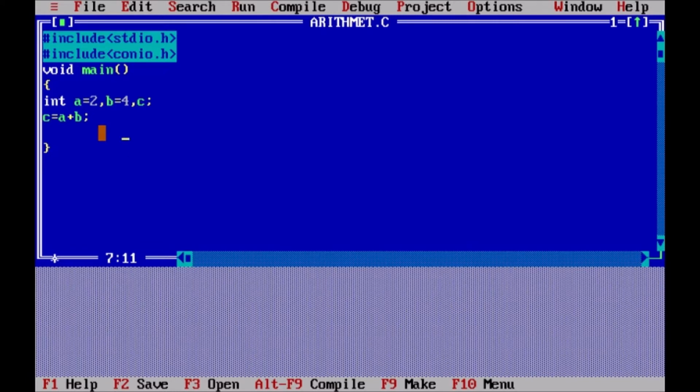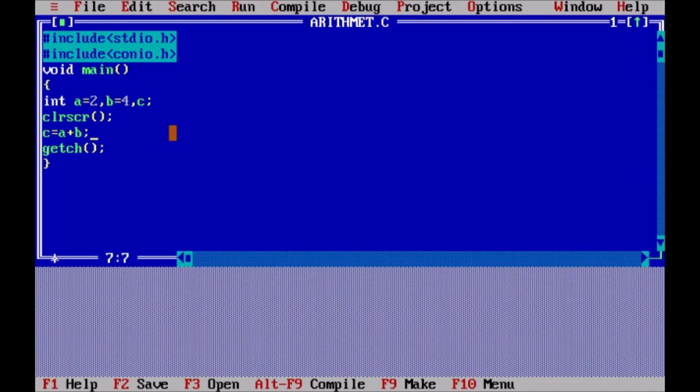Okay, now let us try to print the variable C and see whether our code is working or not. But before that, let us write clrscr function so that the previous output of the screen gets cleared. Alright, now finally let us write the getch function. We are writing this getch function in our program to hold the screen. Otherwise, what happens is the screen goes away once our program is executed.